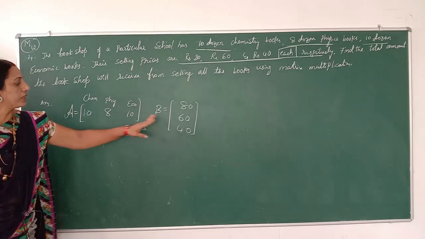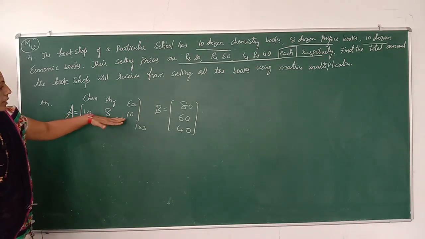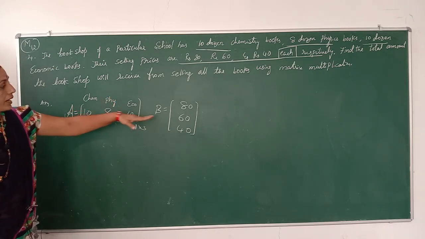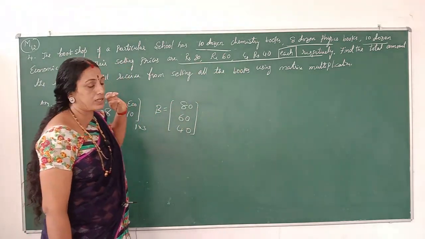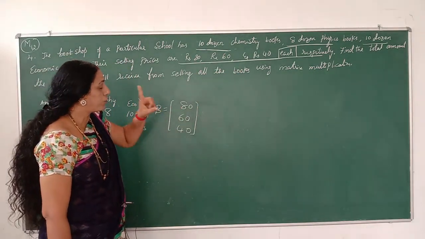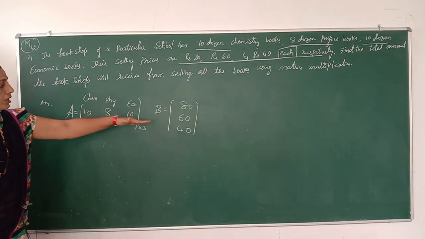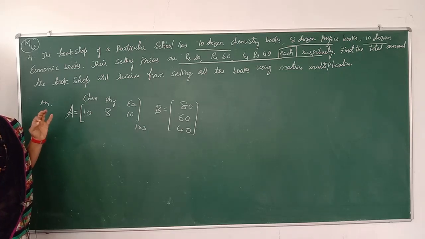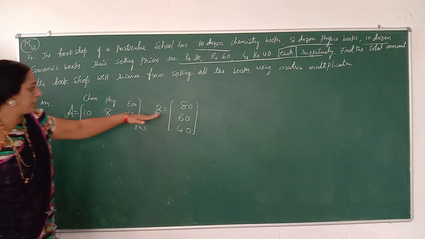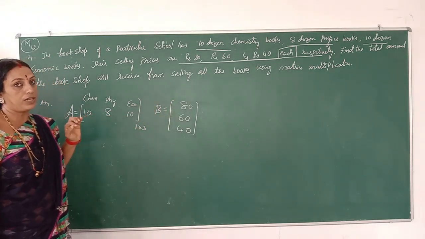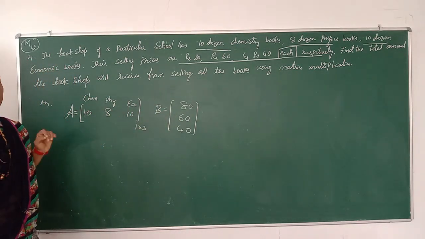So first we will compare these two matrices. In matrix A, the elements are represented in terms of dozens, and in matrix B, each element is represented in rupees. So these are the rupees for one book, but these numbers are dozen-wise. Therefore, the elements of the matrices are imbalanced. Elements of A are in dozen form, elements of B are in each-book form. So both are imbalanced elements. Therefore first they will get converted.